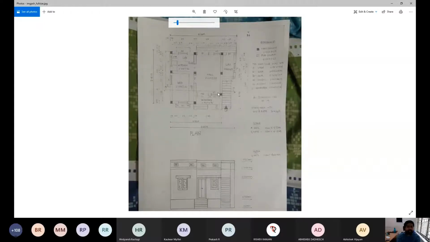I'm telling this for everybody, because everybody will have some mistakes. That's why I told you to please show your plan. Only one student showed the plan. I don't know what mistakes you are making. I can't teach you drawing; the drawing has to come from your side. Whatever mistakes you are making, we can rectify and correct them. I hope you understand.